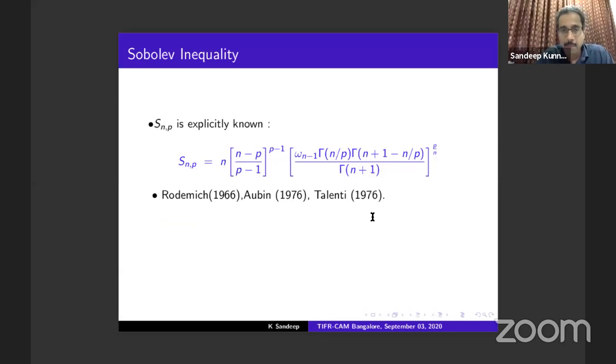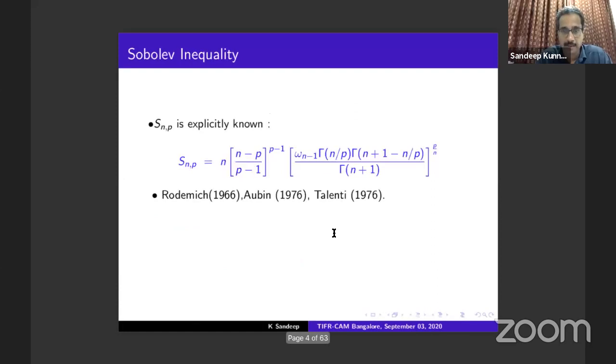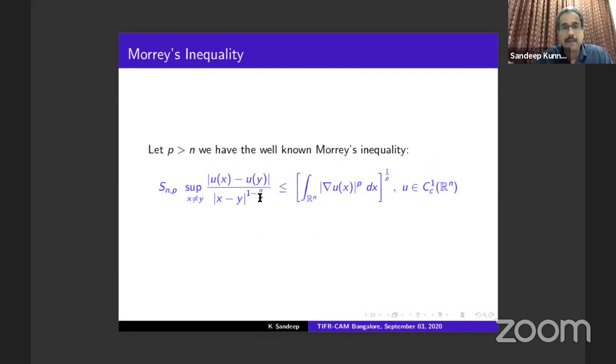One of the important things you notice here is that when p goes to n, this S_{n,p} goes to 0. And one disadvantage of that is that since S_{n,p} goes to 0 when p goes to n, this goes to infinity. So when you try to take the limit as p goes to n, this inequality basically doesn't contain any information. We cannot get any information about this type of inequality when p is equal to n from this. However, when p is greater than n, we have another inequality,